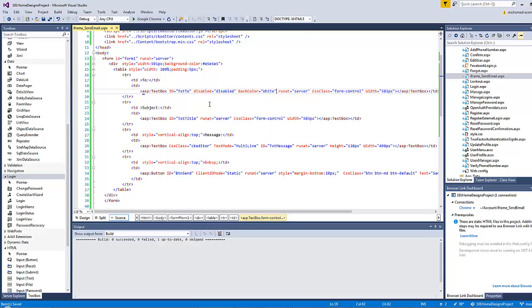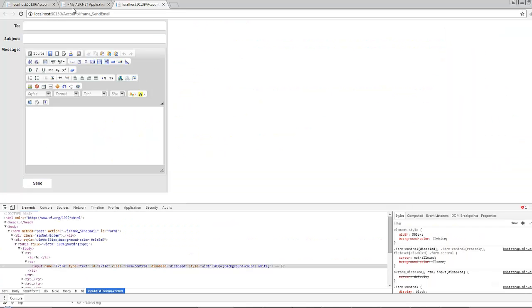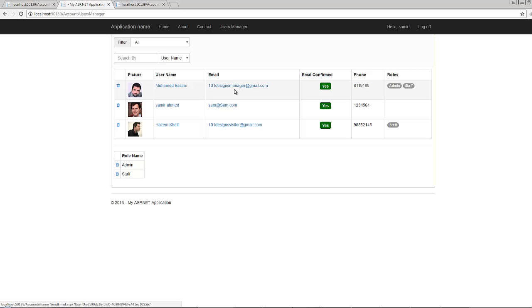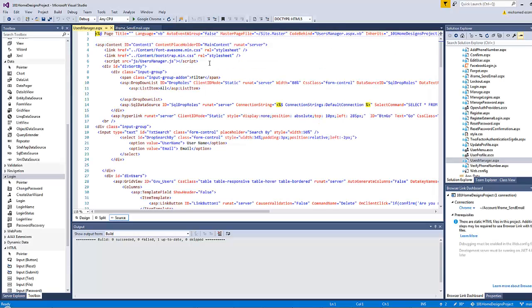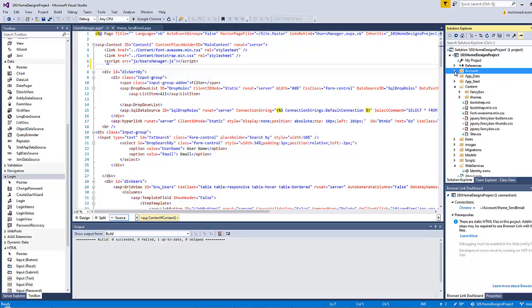Now let's go to the usersmanager.aspx. Inside the users manager, I will install the FancyBox plugin, so that when I click on the email, I will get the iframe and be ready to send the email. Let's go to the users manager and then add a link for the FancyBox plugin. The FancyBox plugin is located here, but we want the CSS. So this one is the one that we want to import,